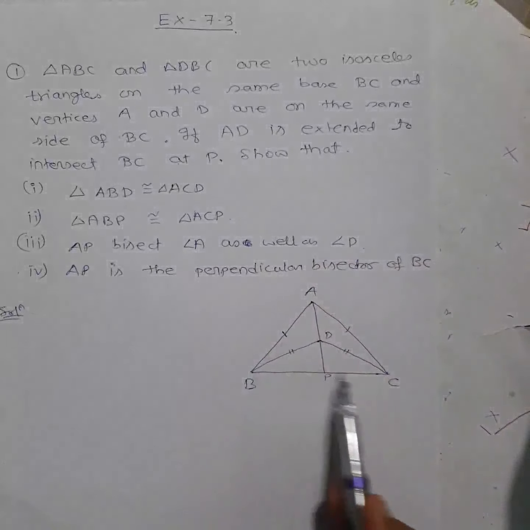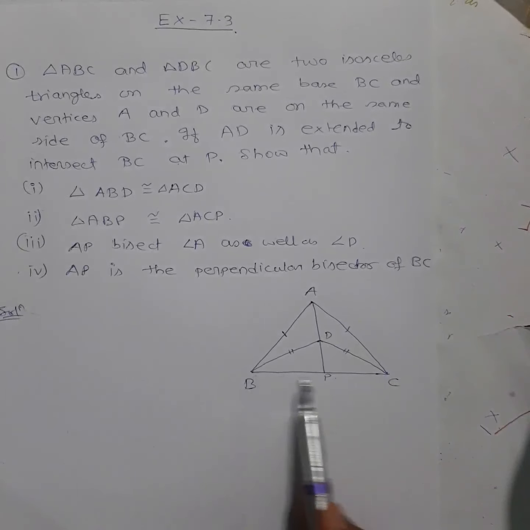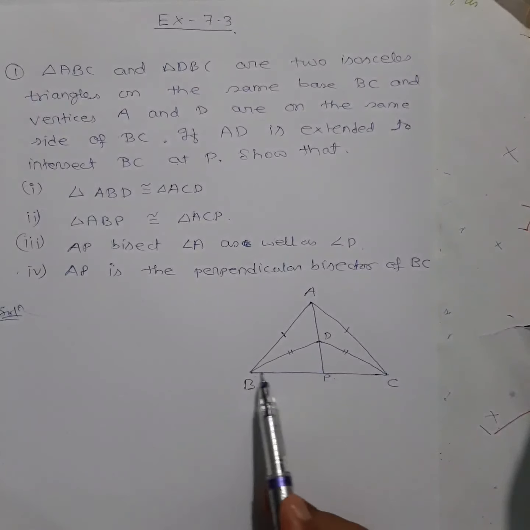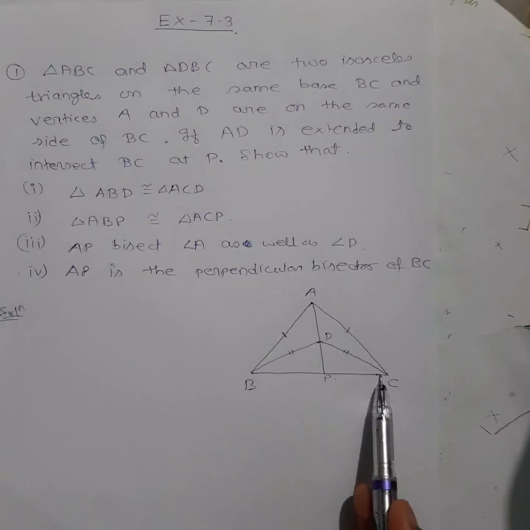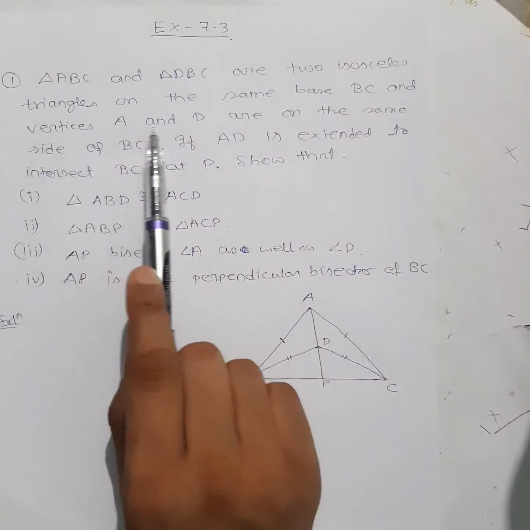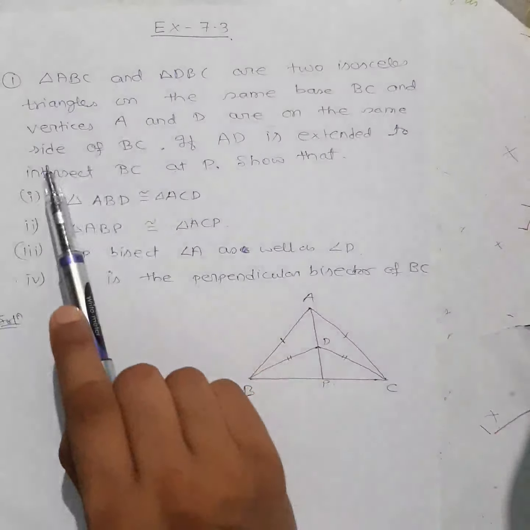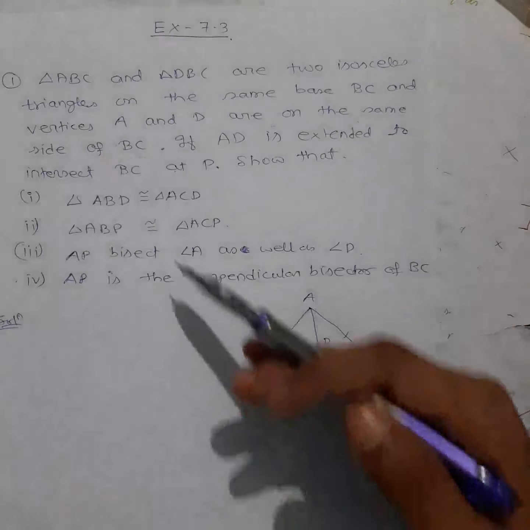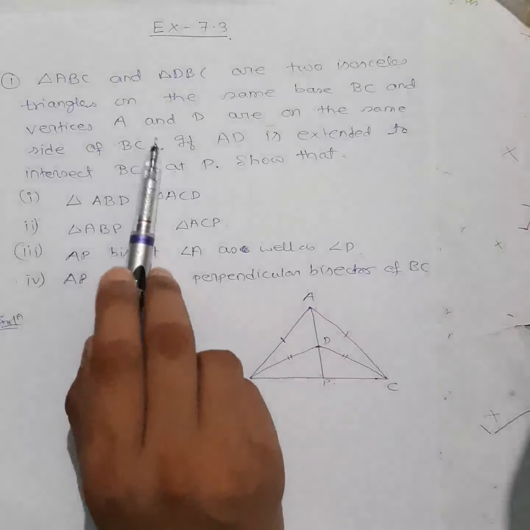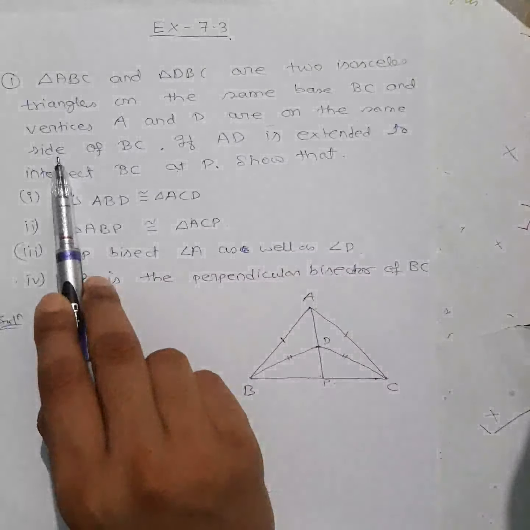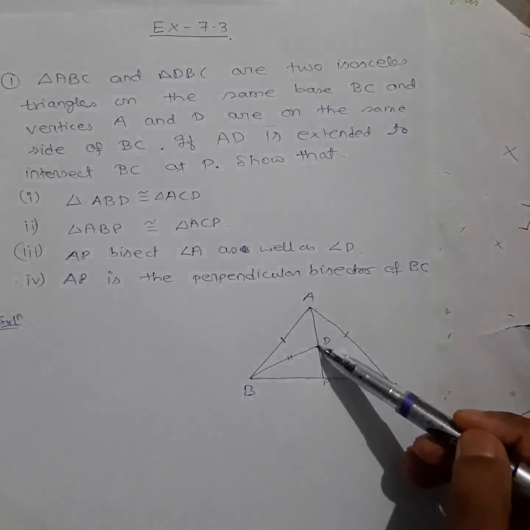So for both the triangles you can see the base is BC, common base. For this triangle also this is the base, for this triangle also this is the base, right? With common base they have said. And vertices A and D are on the same side of BC. That means this is BC and A and D are on the same side, upside, right? Both. Now if AD is extended to side